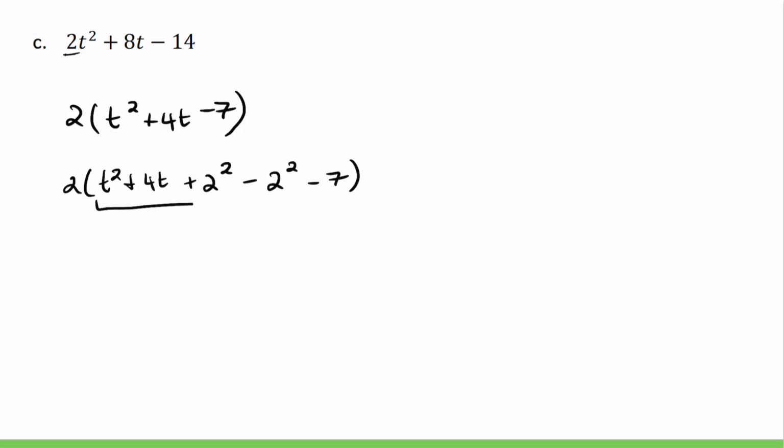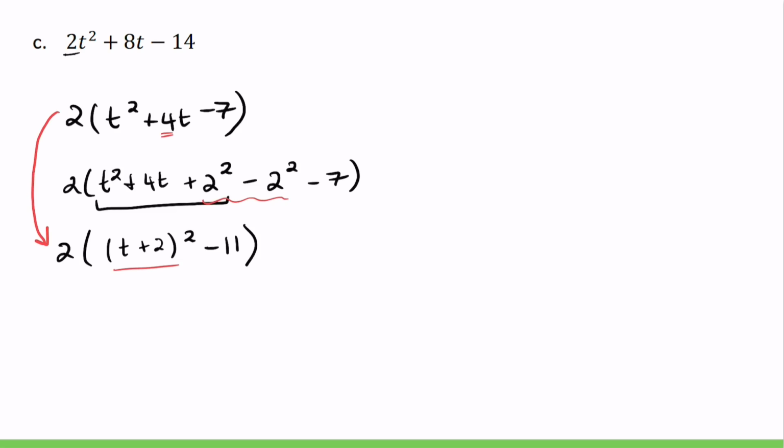From there, these three terms make the perfect square. So I can factorize that down. That'll become t plus 2 all squared. 2 squared is 4, so that'll be negative 4 minus 7, which will be negative 11. By year 12 level, I would hope that you'd be able to go from this step directly to this step over here without having to add these middle terms. So really, it's just half of that middle term in the bracket and then square it, and then either add or subtract it